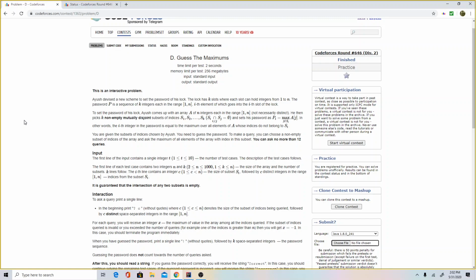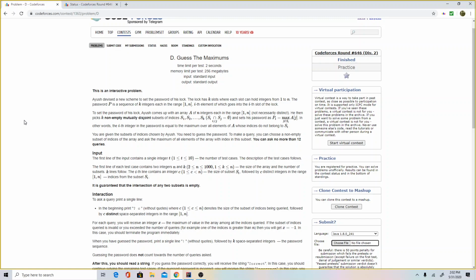The block has k slots, where each slot can hold integers 1 to n. The password p is k integers 1 to k. So that k non-empty